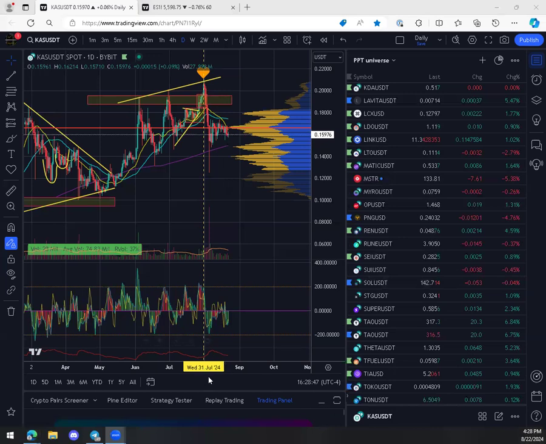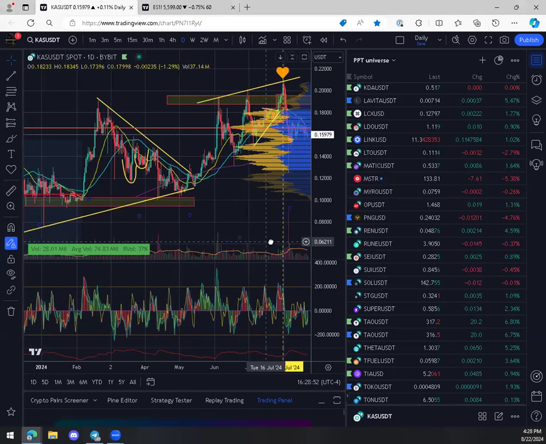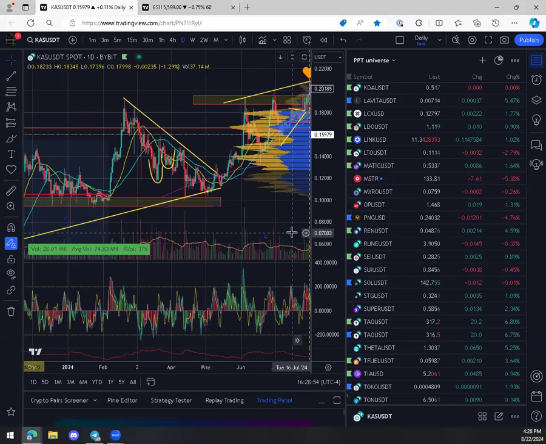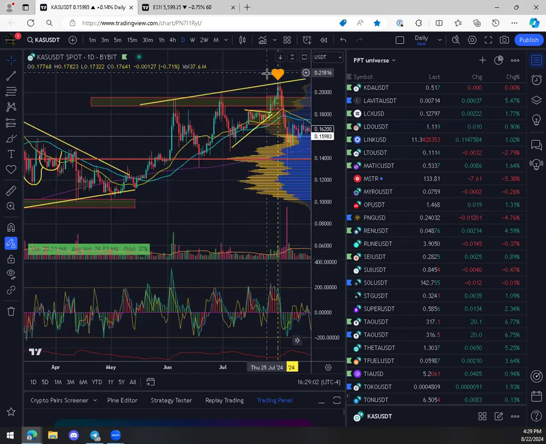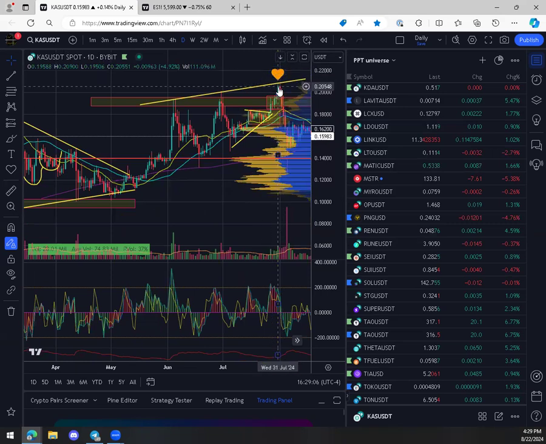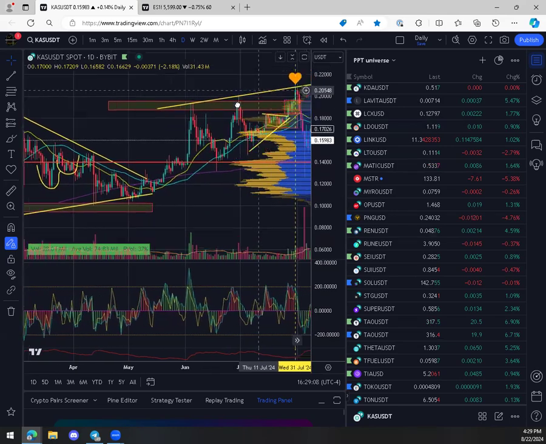Oh, you see how I marked this day out, Wednesday, July 31st? My brother's a big believer in this coin, so he sent me this really excited. It's looking strong. So I sent this educational post to him in private. That's where he thought it looked strong, right? So let's just learn from this.